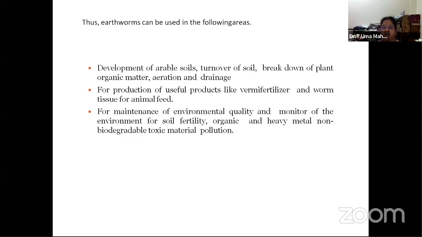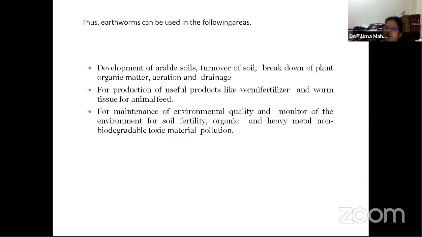Even in foreign countries, these earthworms are used for bioremediation. That is why our elders say earthworms were there previously when we were doing farming, but now we don't find any because of the chemical fertilizers and pesticides we added to the soil. Sometimes we see them moving on roads. They are worms you can use, but they are not the ones we are going to use, which feed on soil.